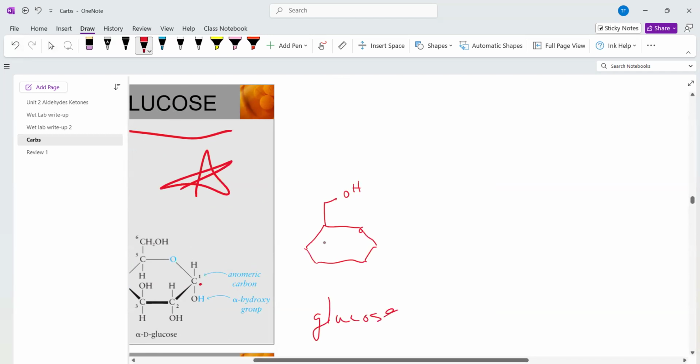And I'm going to do a beta glucose. And this is the anomeric carbon. And this goes 1, 2, 3, 4, 5, 6. So, looking at the glucose now,